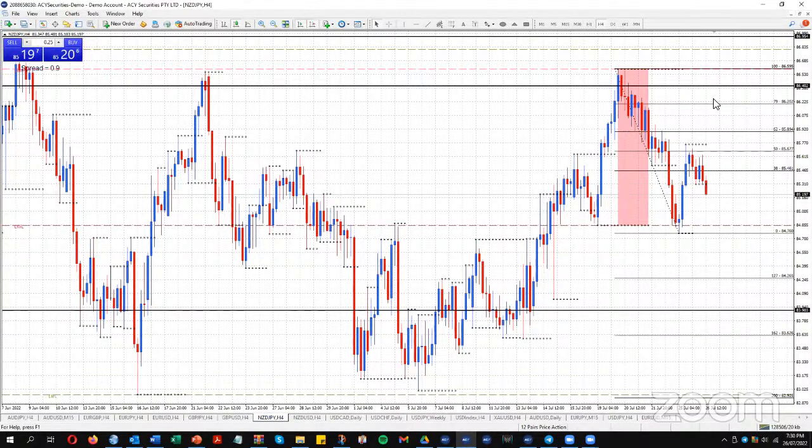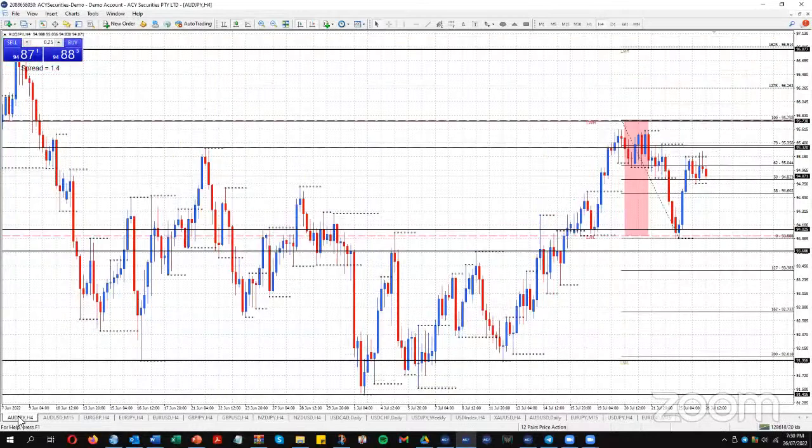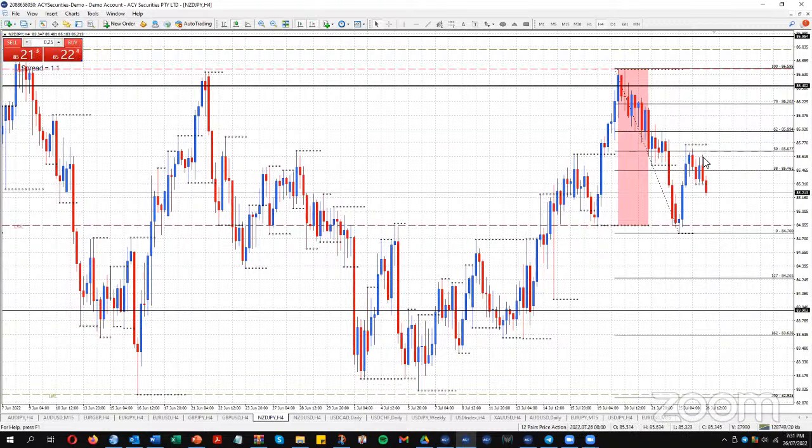The discount level to go and sell this pair from that rejection last week is at the 62 or the 79 areas. All right, not down here, up here. So whilst this isn't giving you the opportunity to trade down up here, of course, the Aussie yen, like I was discussing before, has been in between the 62 and 79. This is giving you more of a chance just to sell at a discount. All right, New Zealand yen isn't doing that for you at the moment. But I've got the same bias and the same approach. It's just where the price can get up there.